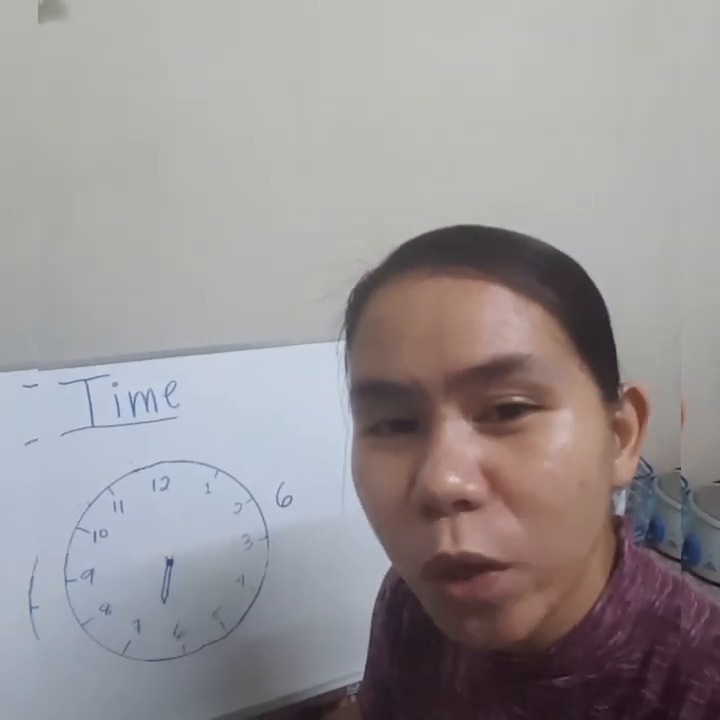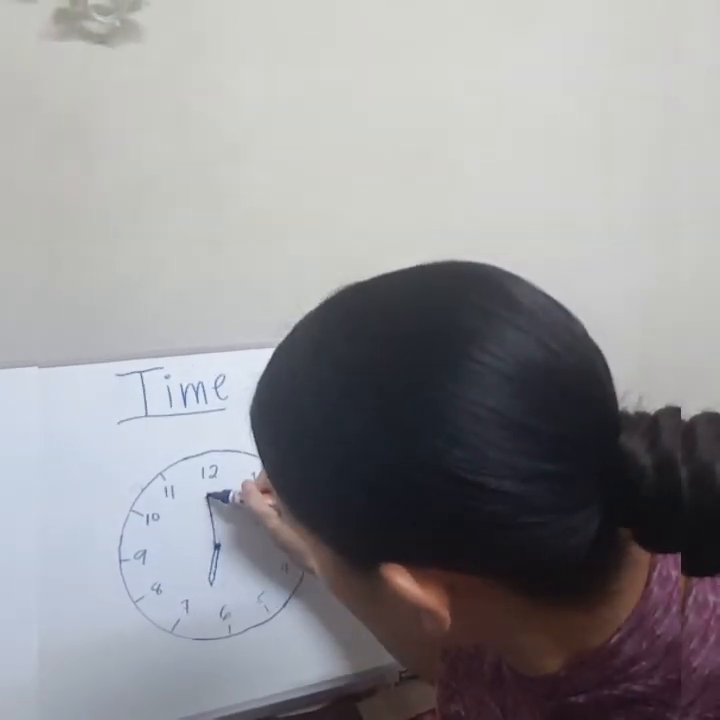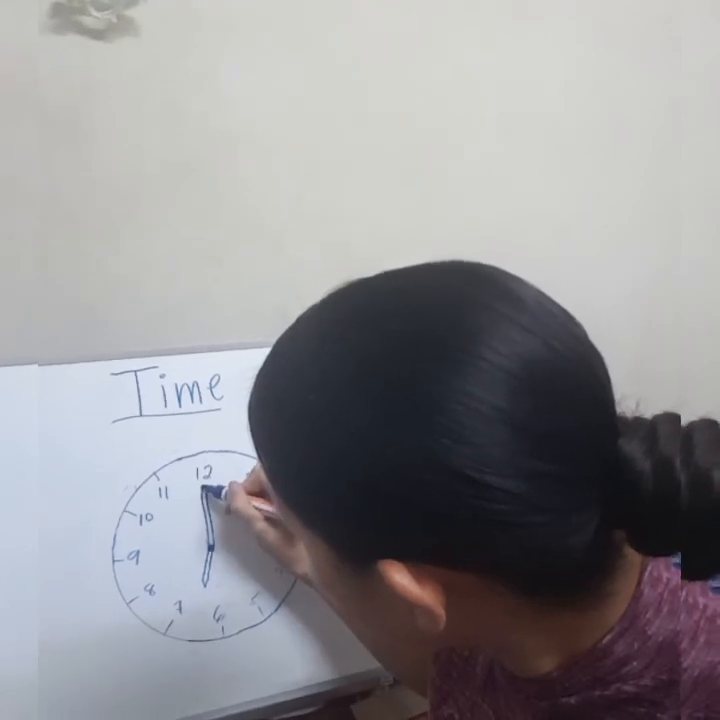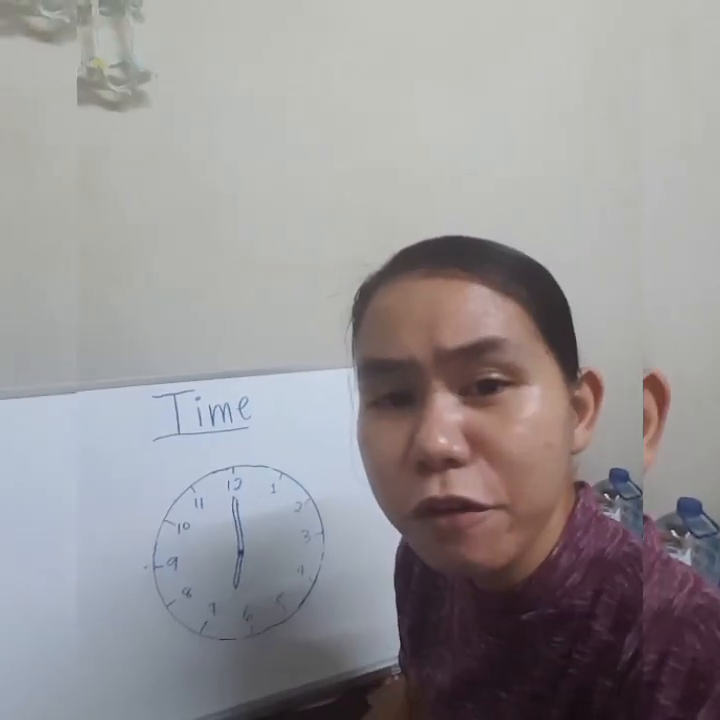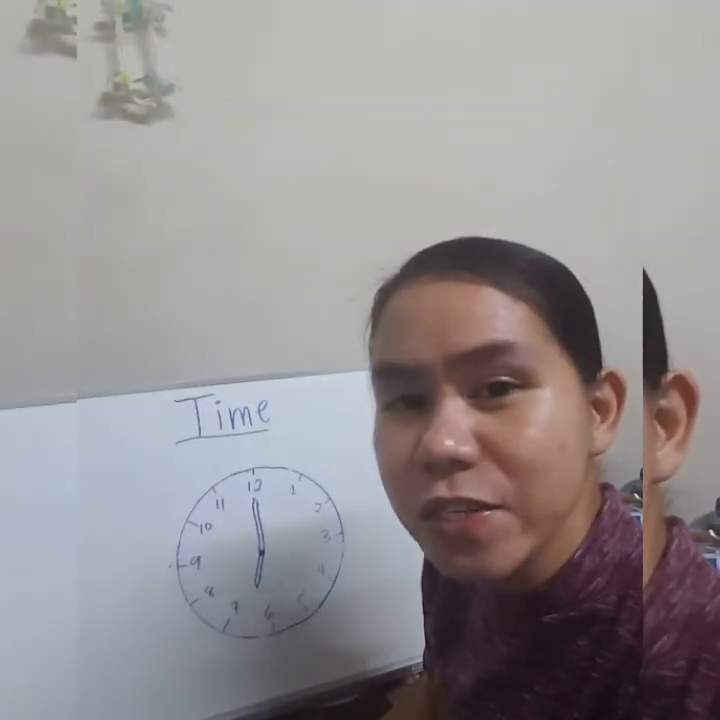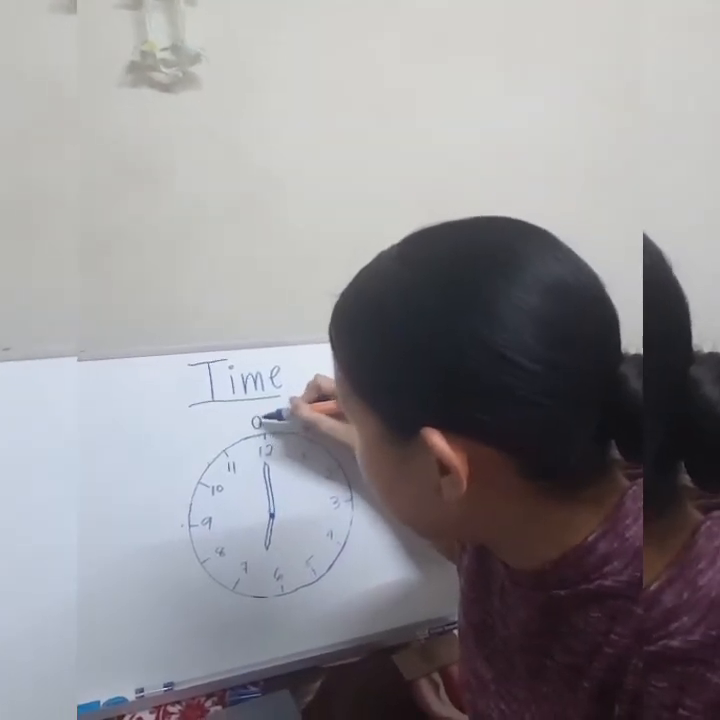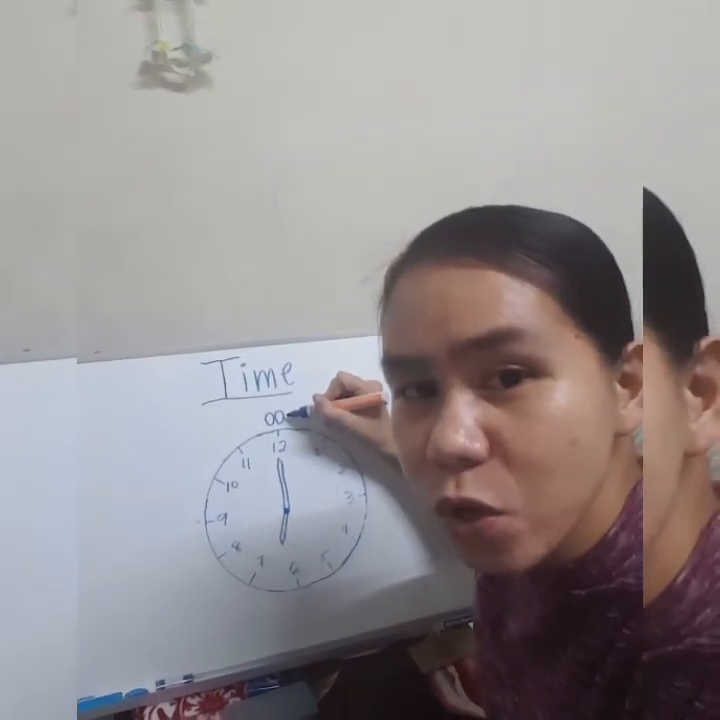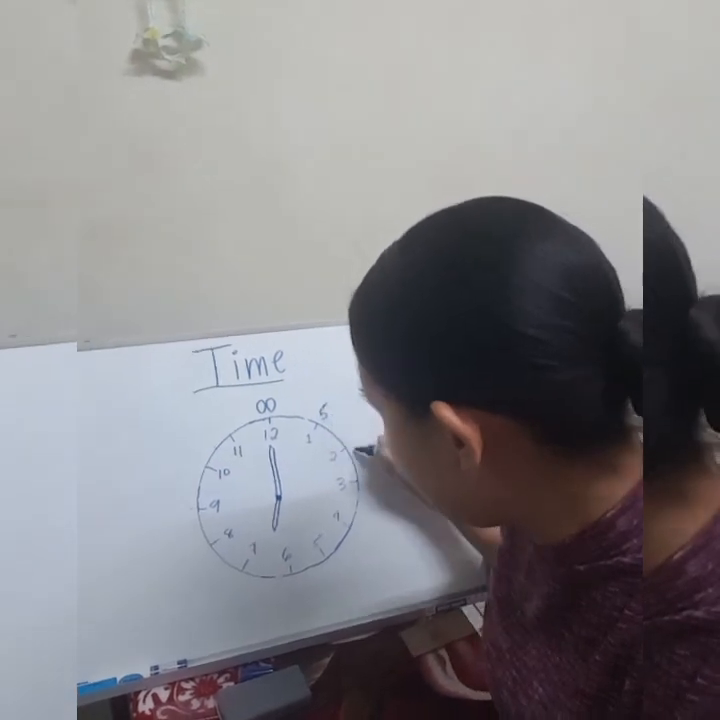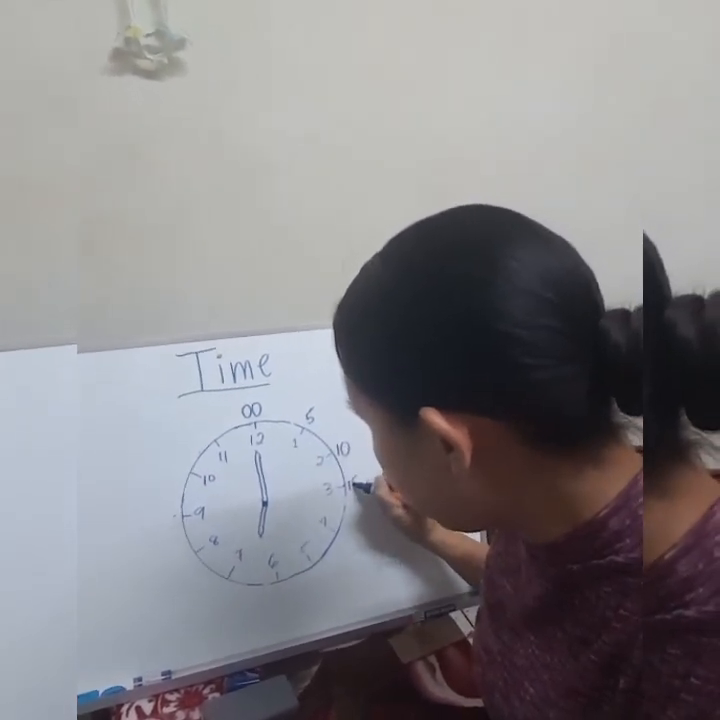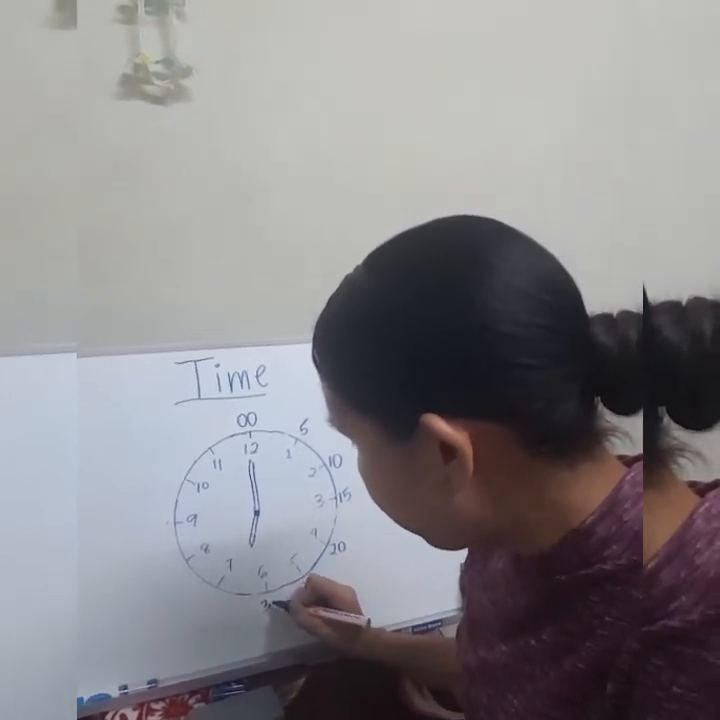We've talked about the short hand. How about the long hand? So here we go, the long hand is here. If you're thinking about the long hand, you will start at the upper part of the clock, which is here, and this one stands as 0. Then you will count by 5. This is 5, 10, 15, 20, 25, 30,